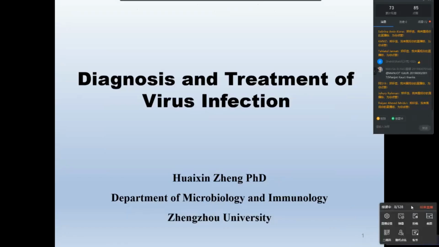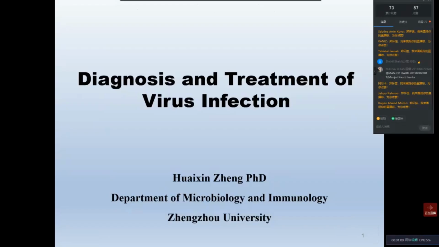So when we learned bacteriology, we learned a lot about the diagnosis of bacterial infection. Usually we follow the standard procedure and we learn how to collect the specific specimens. And after collecting the specimens, how we analyze the bacterial morphology, how we culture them, and how we test their biochemical properties so that we can derive useful information for diagnosis. Well, for viral infection, the diagnosis is a little bit different because